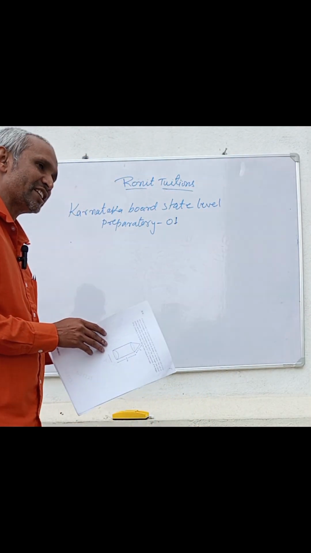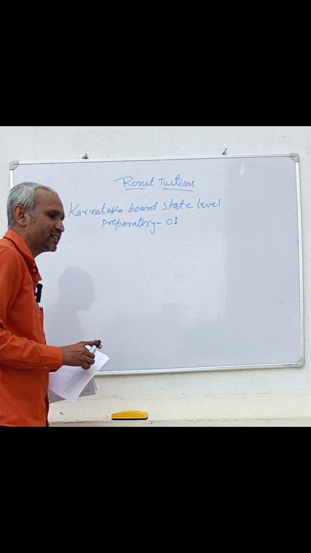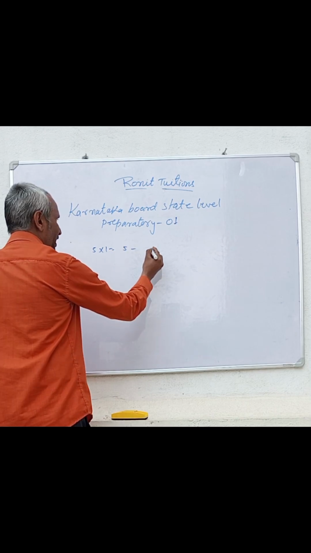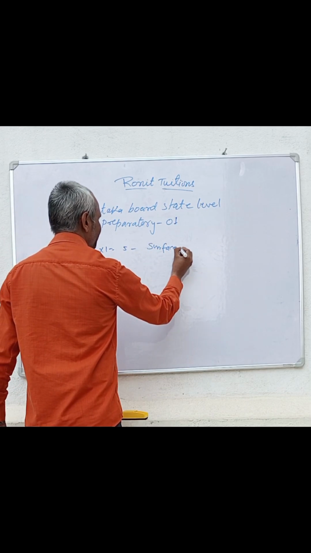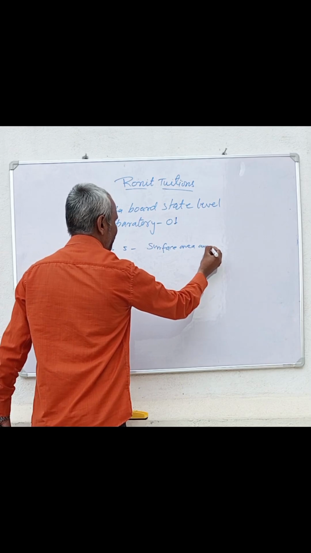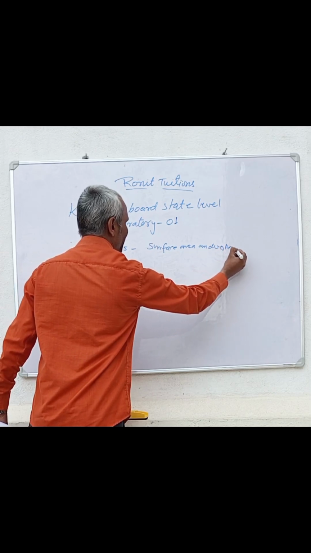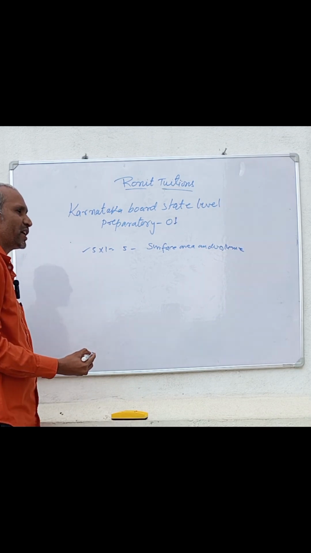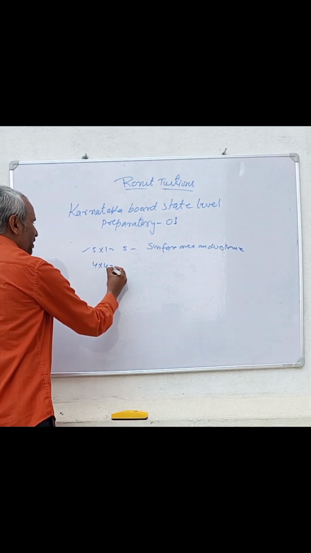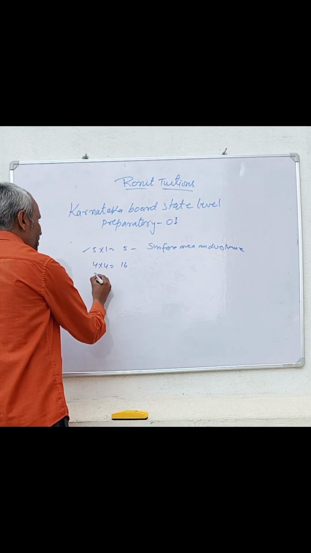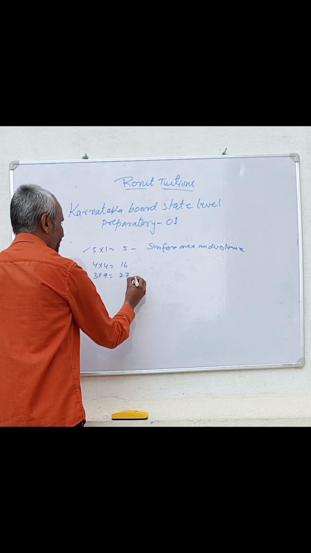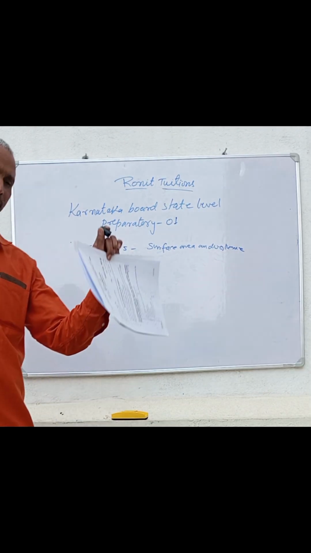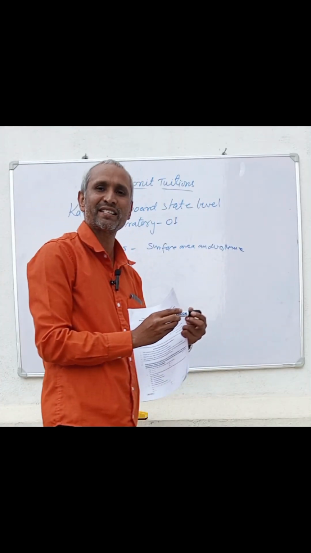Question number 38. As you know, in the Karnataka board question paper pattern, one 5 marks question will come, and that is from surface area and volume. From here, one question will come for 5 marks. So first this question, then going in reverse, the 4 marks questions will be 4, that is 16 marks in total. The 3 marks questions will be 9, that will be 27. Up to question 8, as you asked me, I am going to solve this much in this question paper. So let's start Maths as Number Game.